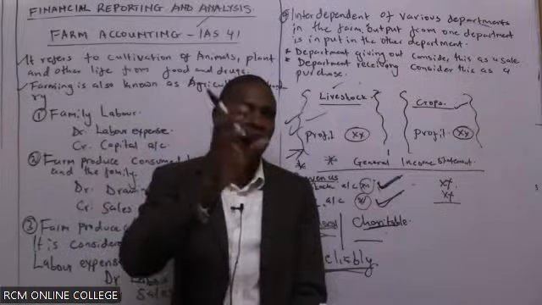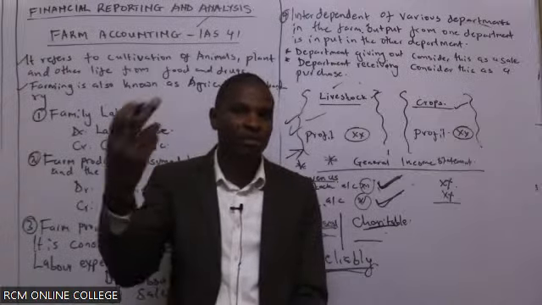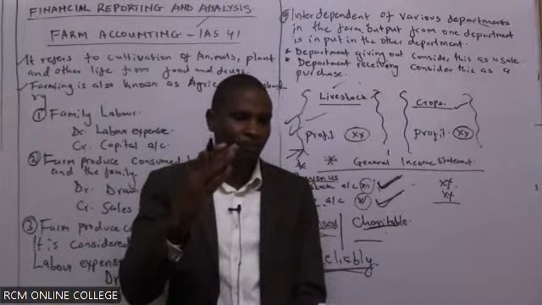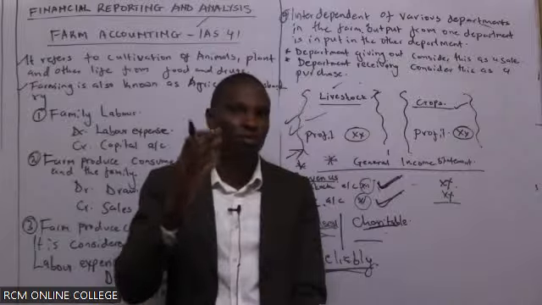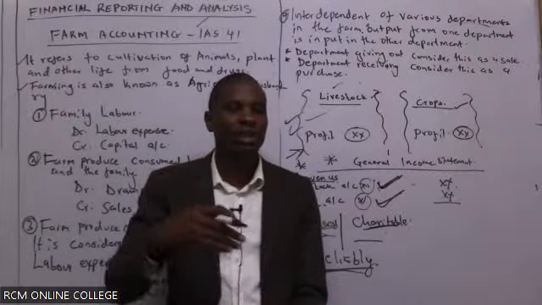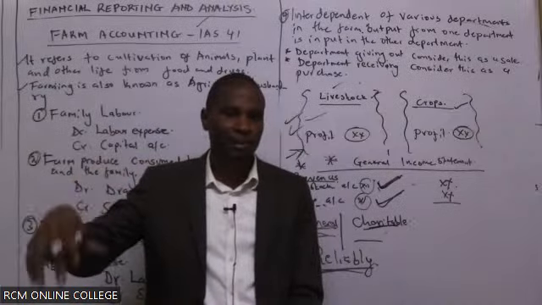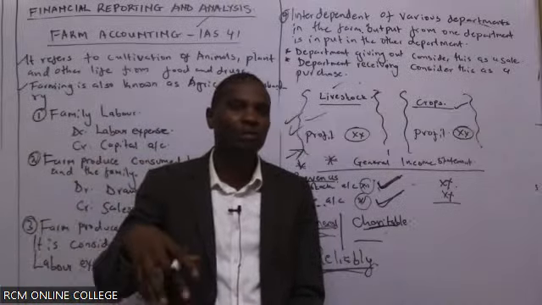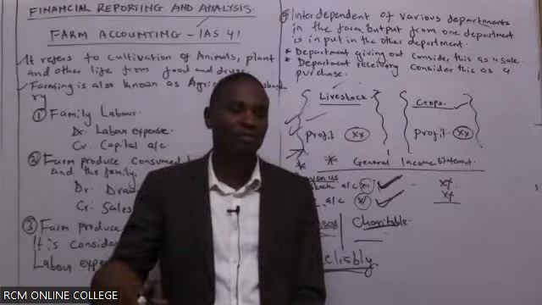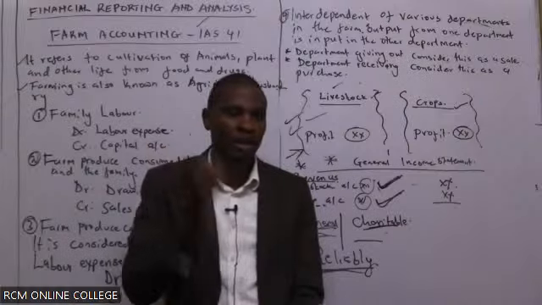Kama tunachukua maziwa, itaenda under livestock department, na itakuwa under sale, ita increase sales. When we go to the statement of financial position, we treat that as a drawing. Kwa pamoja, as far as farm produce consumed by the owner or the family is concerned, are we together? It is treated as a sale to the respective department. Usisahau kwamba you must remember that it should be to that respective department. What am I dealing with? I'm dealing with milk, so livestock. I'm dealing with maize, so crops. So sales for that respective department is going to increase with that value.